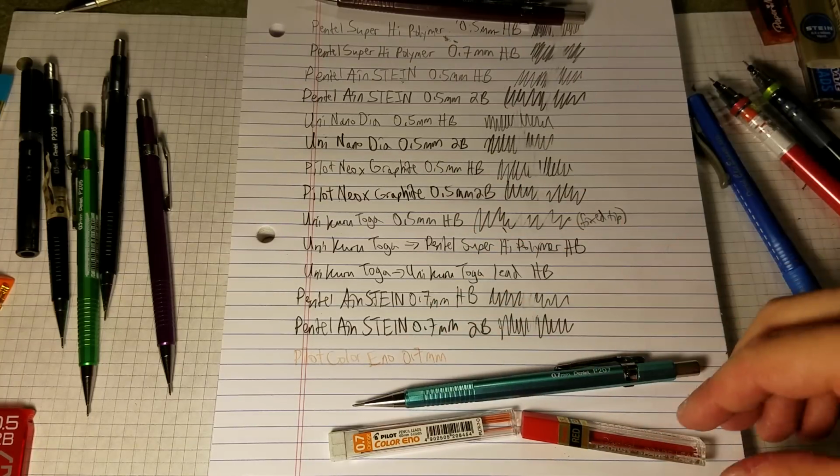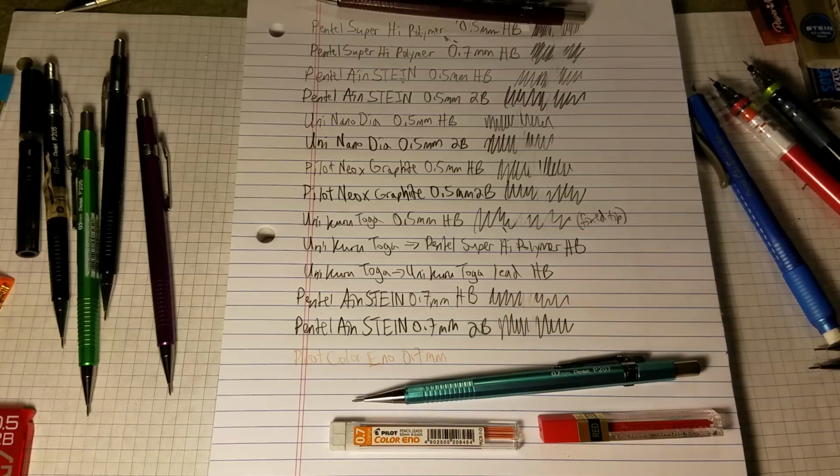Folks, my time working with colored LEDs has basically shown that colored LEDs are really fragile. They break really easily. And I was probably thinking the same thing that you were thinking: oh, cool, colored lead. I can write in orange lead and red lead and blue lead and so on. And it seems really awesome on first inspection. But honestly, unless you're using it for sketching or drawing or shading, for general purpose writing, the colored lead,